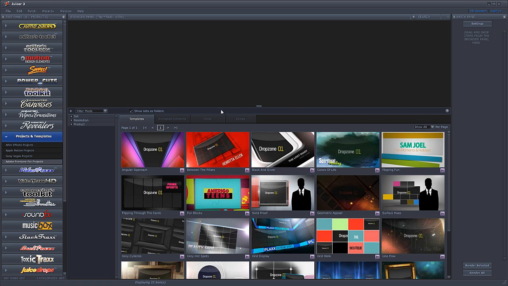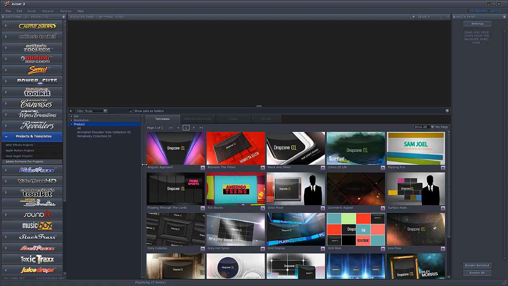You'll see that we have a few options here on the left side, right under filter mode. We have set, we have resolution, and we have product. Now, since the product is pretty much all HD, that's really not going to help us. But what is going to help us is that we know what product we want to look for. So all I'm going to do now is drop down the product filter, and under there I only have a few options. I'm just going to drag the window over here just a little bit so we can see everything. There we go. We have All, which is fairly self-explanatory. That's going to show us everything as far as Adobe Premiere Pro projects. Then we have Animated Shoulder Sets Collection 1, which is what we're going to want, and we have Simplicity